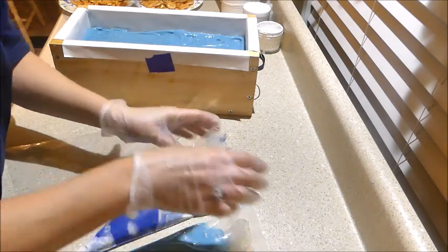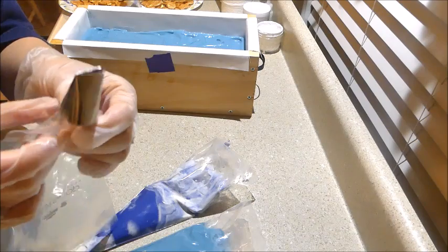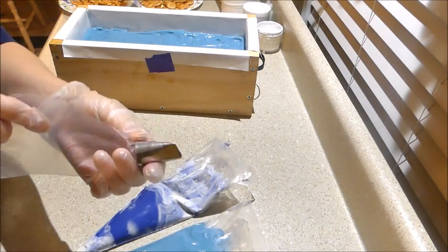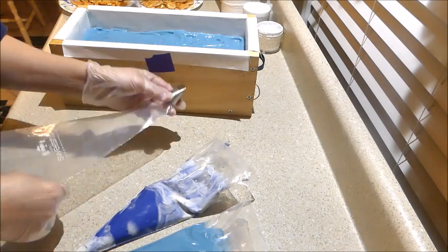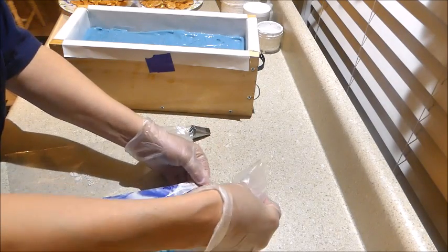in this bag. Now, I have a large rose tip. It's a Wilton 125, and the small end, I'm going to kind of do a ruffle. So the small end, I want to be the blue and the white color. So I'm going to make sure I put that on the small side. The first thing I'm going to do